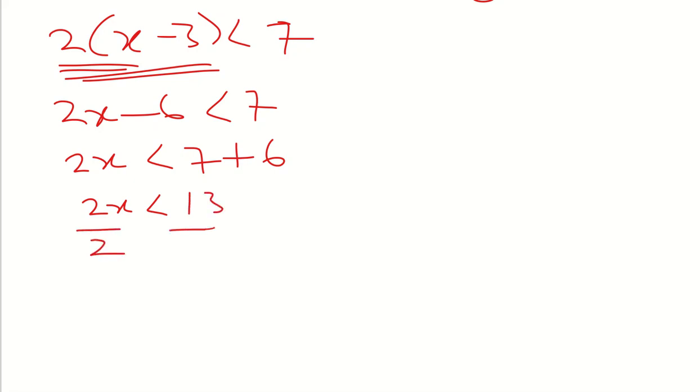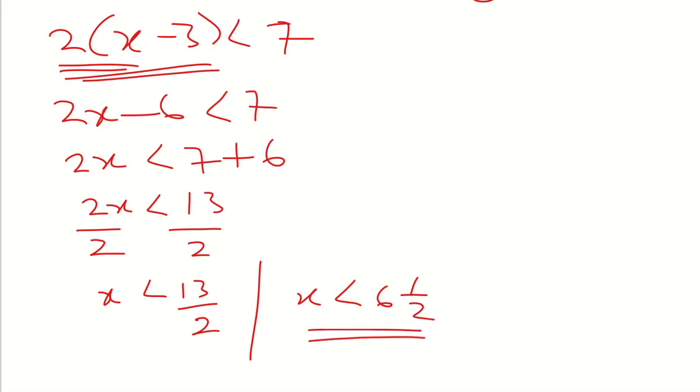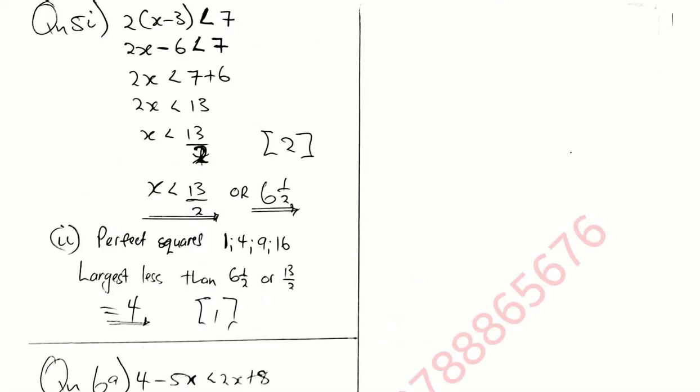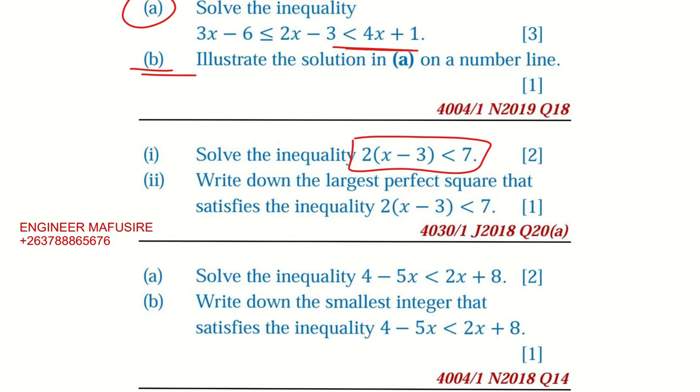We divide both sides by 2. So you get x less than 13 over 2, or 13 over 2 is the same as 6 and a half. So you get 6 and a half like this one, right? We have arrived at this stage, and the answer we are getting here is the one shown. Then we go back to the section we have, where we are told to write down the largest perfect square